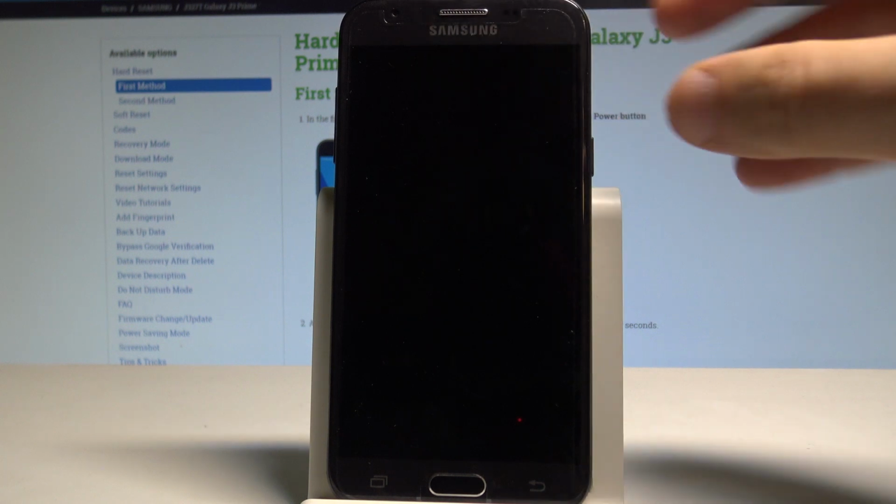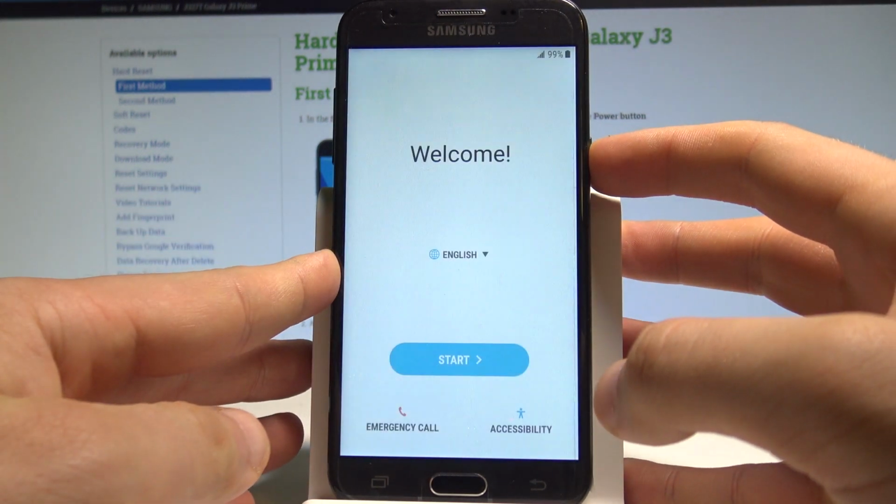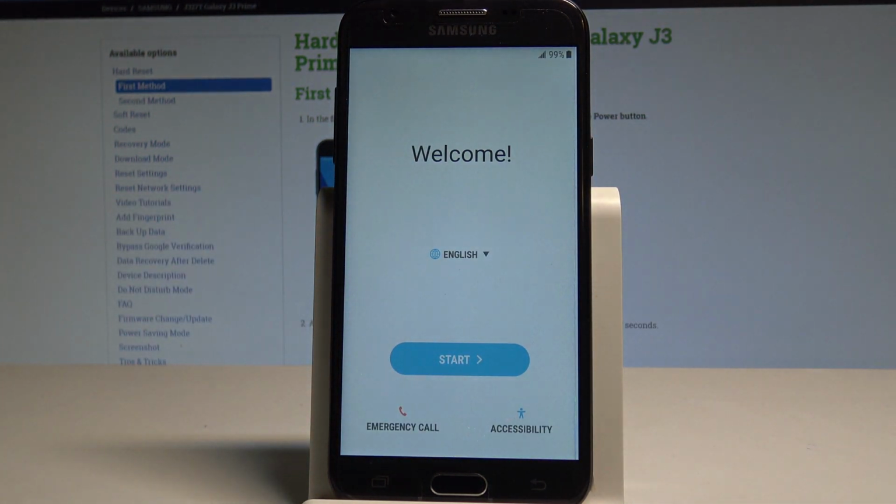If the device switched off, you can press the power key to turn it back on, and as you can see, the hard reset is done. The welcome panel pops up on the screen, so it means that everything went well. Now you can start